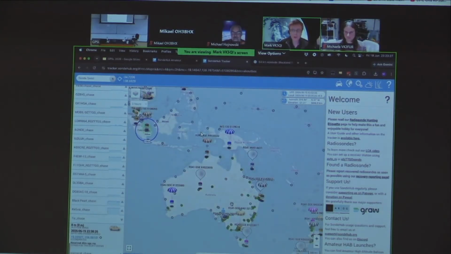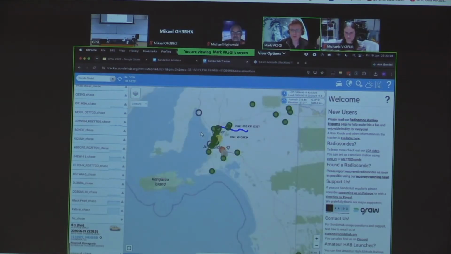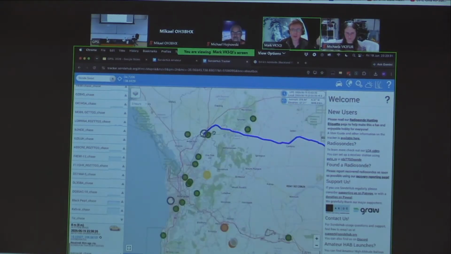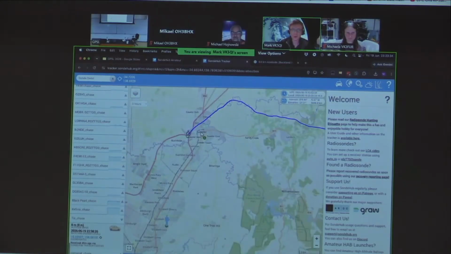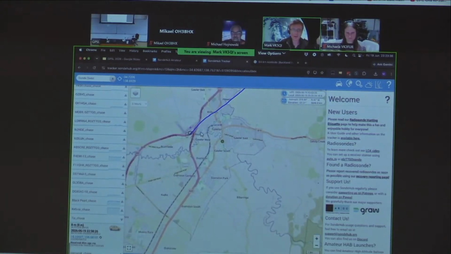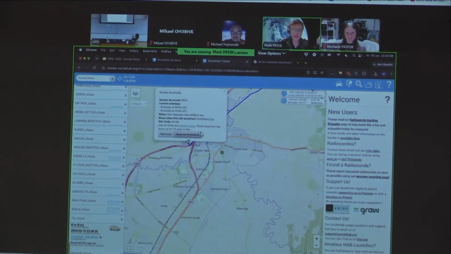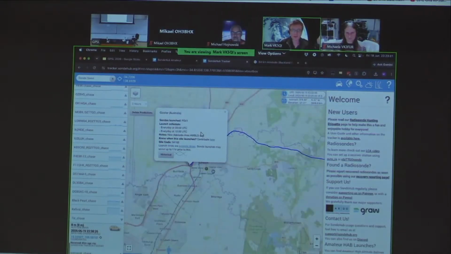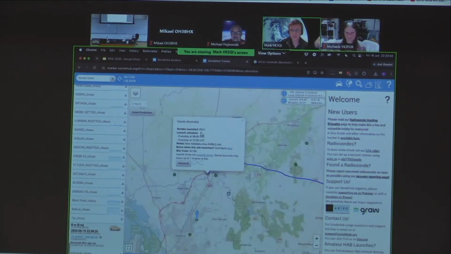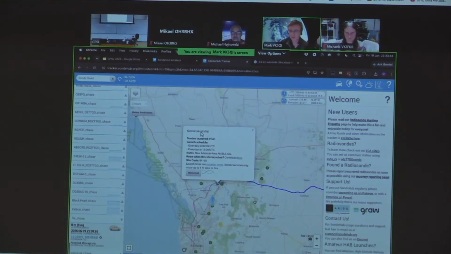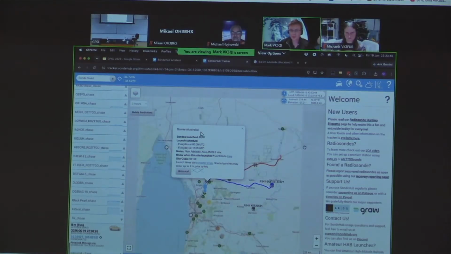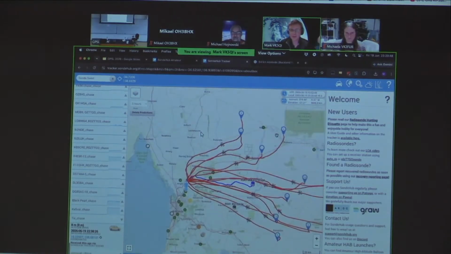Some of the other key points about the SondeHub tracker are the launch sites. If you want to go out and chase a radiosonde, you can go find your nearest launch site. There's a little grey circle. Click on that. Predictions, and what that will do is run predictions for the next approximately week of launches,